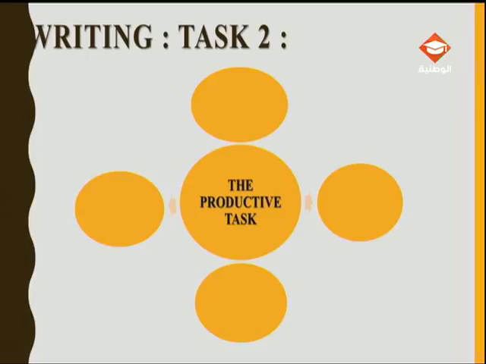Now let's move to the writing task 2, what we call the productive task. As you can see on the board, you have 4 different types of tasks. You might be asked to write an article, or a report, or a speech, and finally, a letter, an email, or a blog entry. So we've put them together because it's almost the same type of writing. Let's begin then